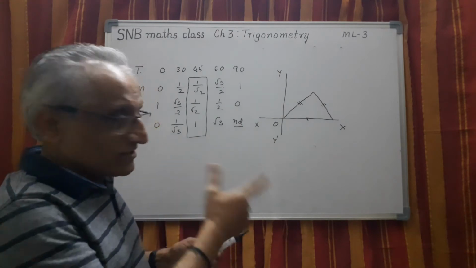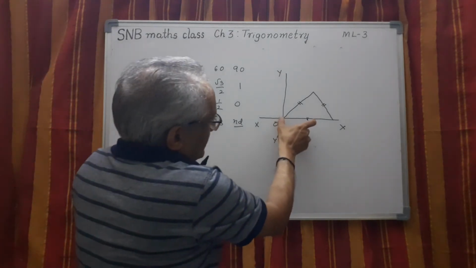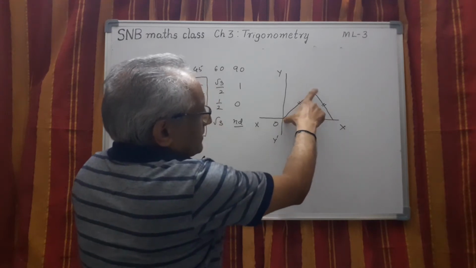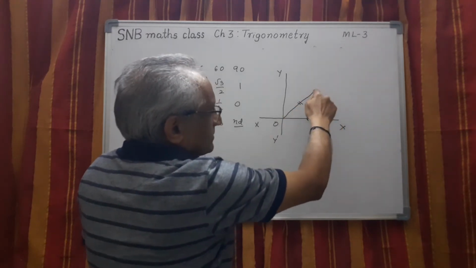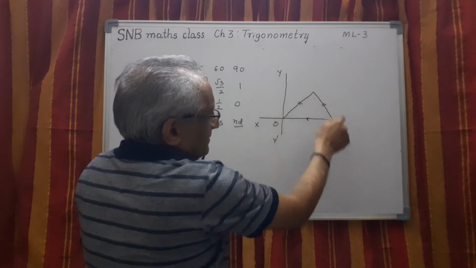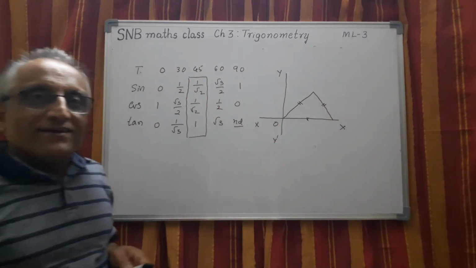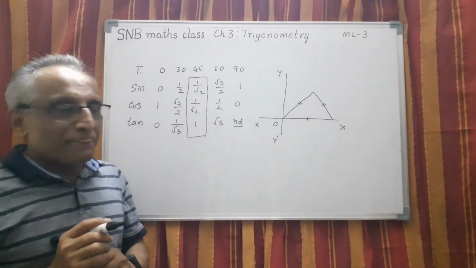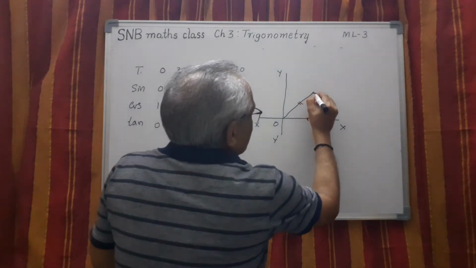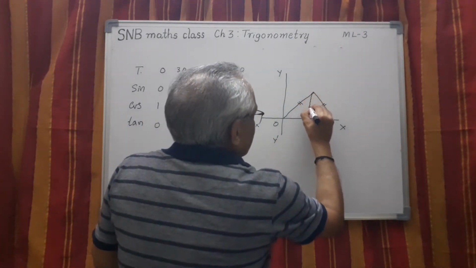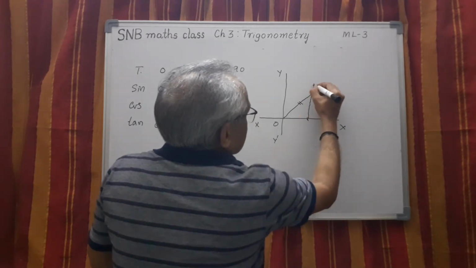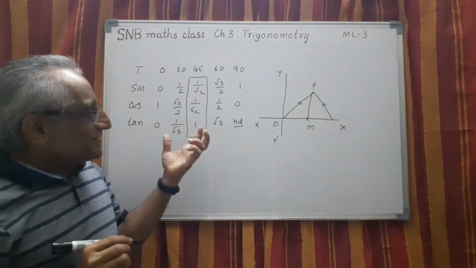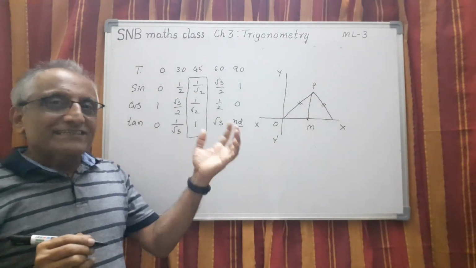Procedure is, if you want to recall, take a compass and cut off an arc here. Then with the same compass, you cut off an arc here. With the same compass, you cut off an arc. So this point, then you join them. All the three are equal. You know why I have constructed this triangle? Because I wanted 60 degree. So now, if you draw this perpendicular to the midpoint, let us say this is P, this is M. See, this is the beauty of trigonometry. It is always connected with geometry.